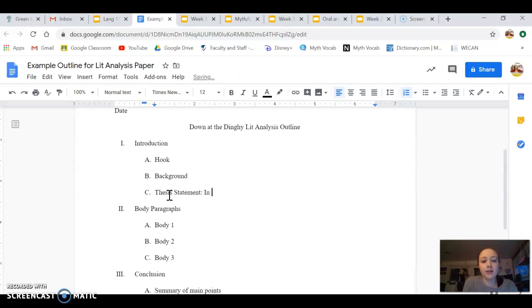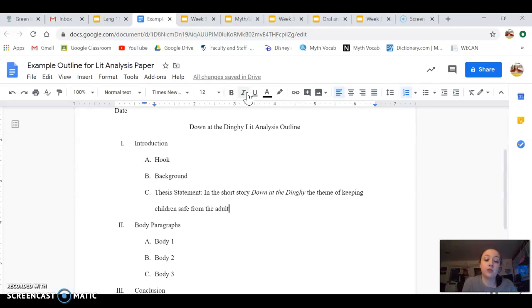So in the short story, italicized titles always, the theme of keeping children safe from the troubles of the adult world are shown in